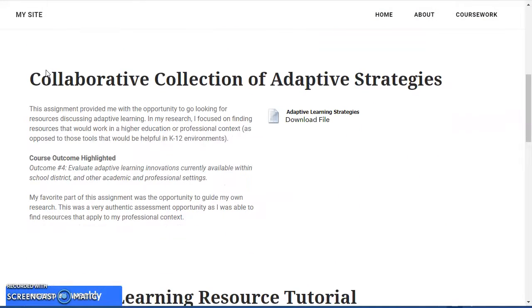The first assessment activity I want to highlight is the collaborative collection of adaptive strategies. I spent a lot of time on this assignment. I was very particular on what resources I wanted to include. I wanted to focus specifically on those that related to a professional learning context or higher education. I know many of you are in K through 12. Some of the strategies that I link will apply to you, but others might be more specific to a higher